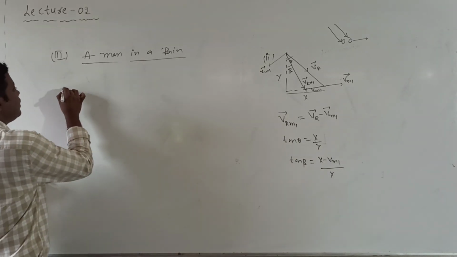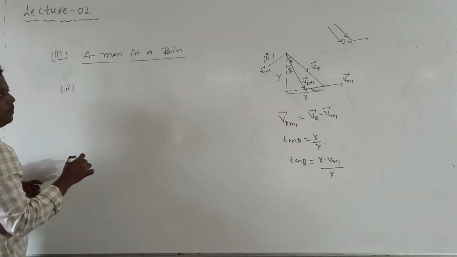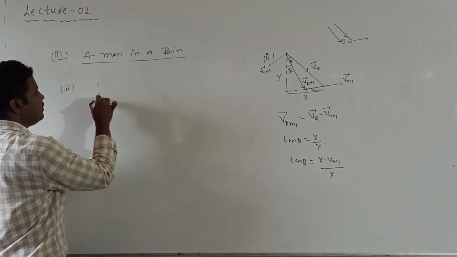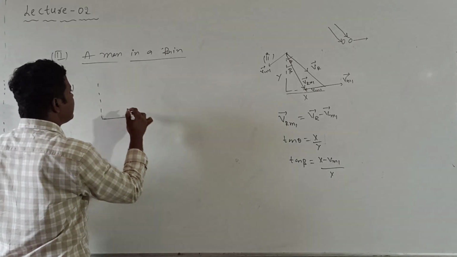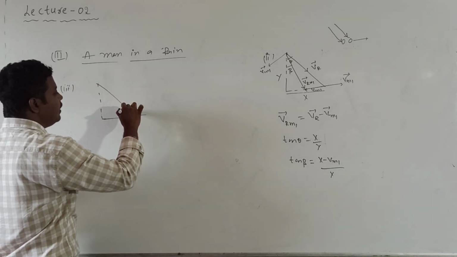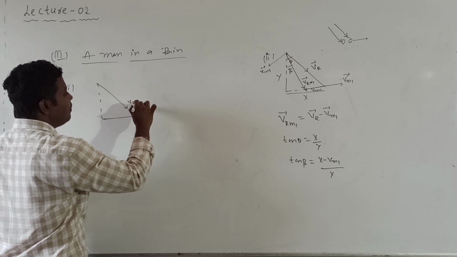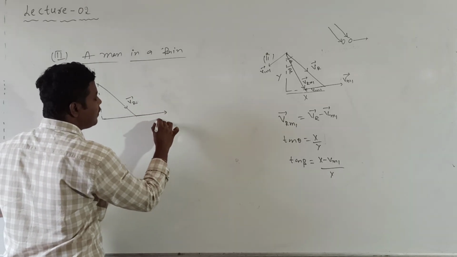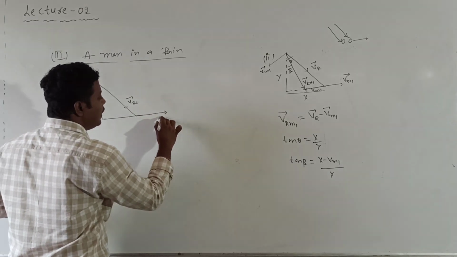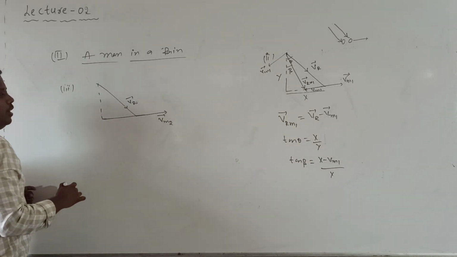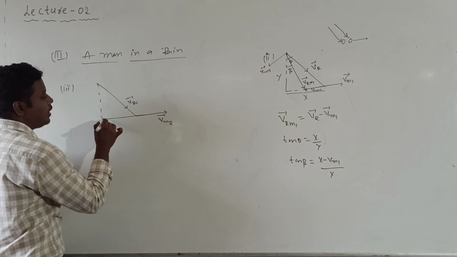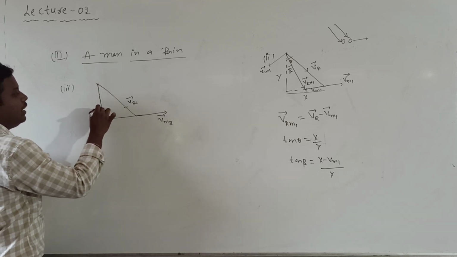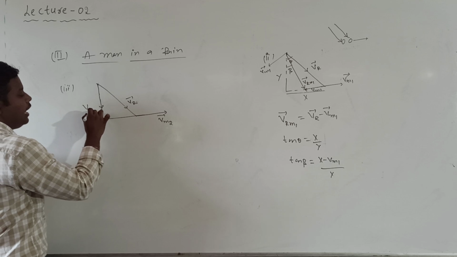What about the third case? If the man still speeds up. We already discussed the last case. This is the vertical direction. So rain is falling, and this velocity will be given by Vr bar. But this time the man speeds up. So Vm2 bar is the velocity of man with respect to ground. Because of the increase in Vm2 bar, negative Vm2 bar also increases. So at that time the resultant velocity will be given by this, the direction of Vrm2 bar.